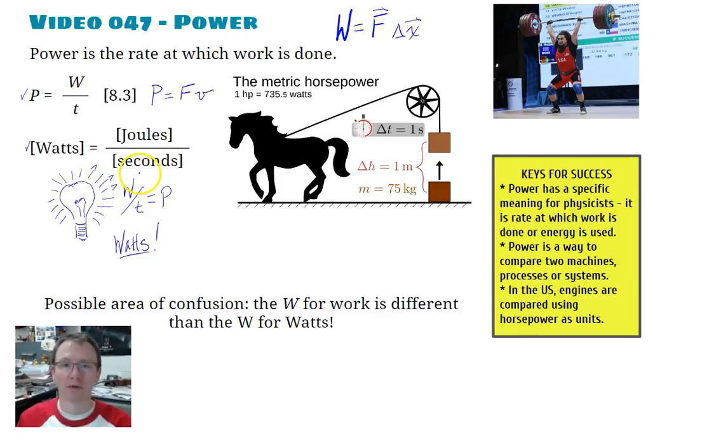Brightness is really measured with other types of units in physics, depending on what part of physics you're studying. And we'll get to that when we get to light. But for right now, it's important to understand that the electrical work being done per second is actually what you're measuring when you buy light bulbs.